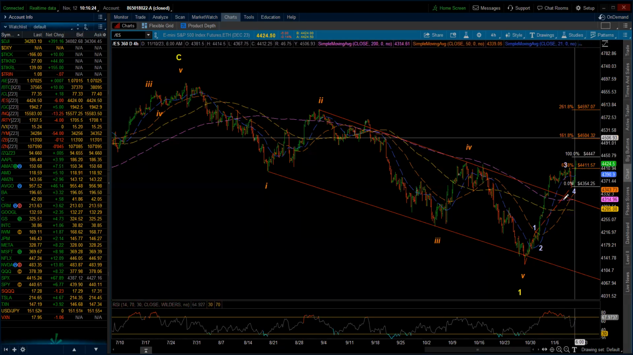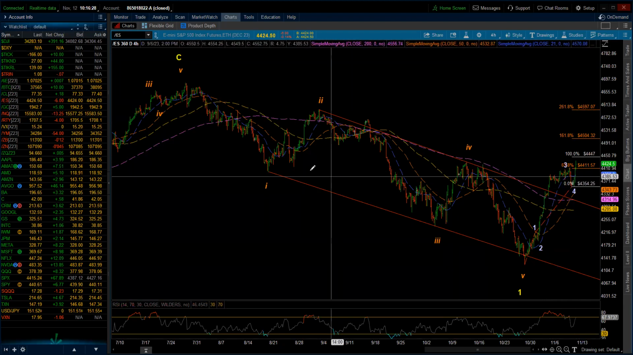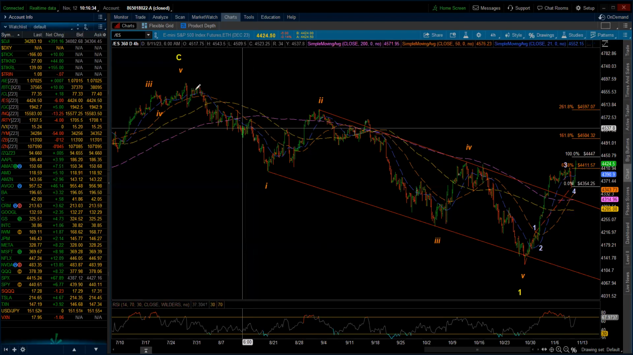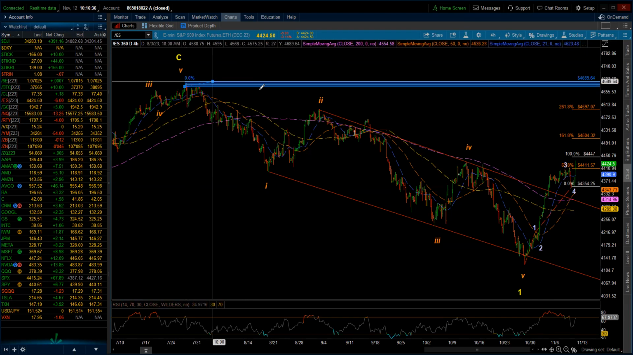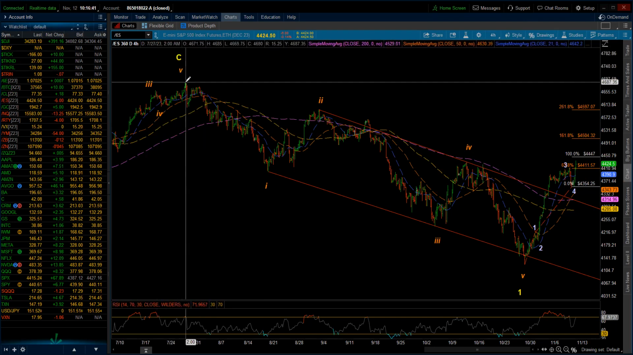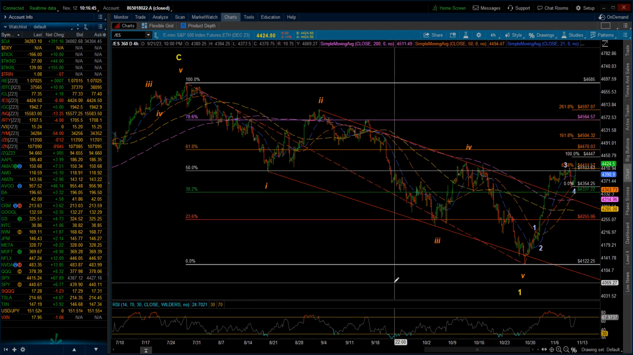Now, what I want to add to this is I'm going to leave those as is, but we're just going to put up the retracements for a wave 2. And that's not going to work. I want to get it on that one. There you go. And we're going to put it there. Okay, so